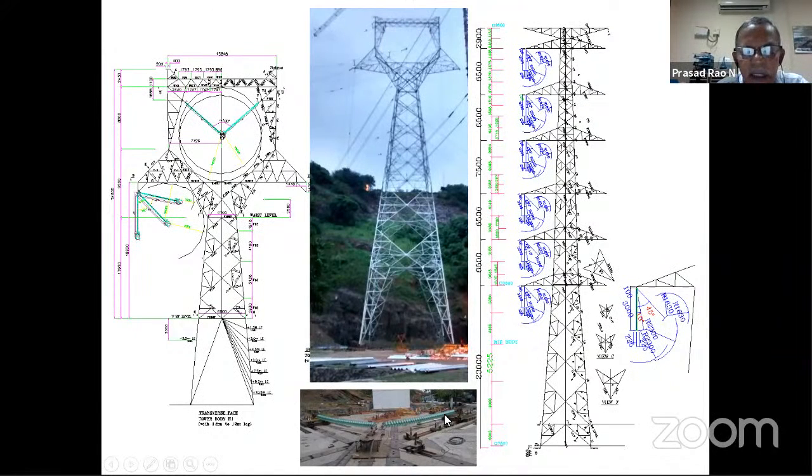A typical insulator string, V string, is shown at the bottom. You can see here, the same string is used here. We have different types of insulators: polymer insulators, glass insulators, and porcelain. Now porcelain is outdated. So coming to the code, IS 802 Part 1 Section 1, it gives you the wind load provisions for